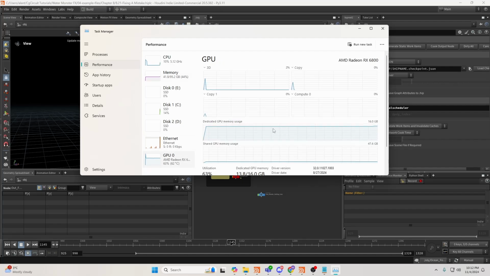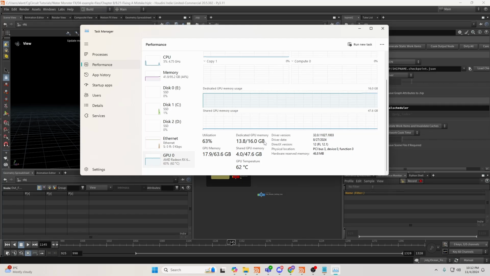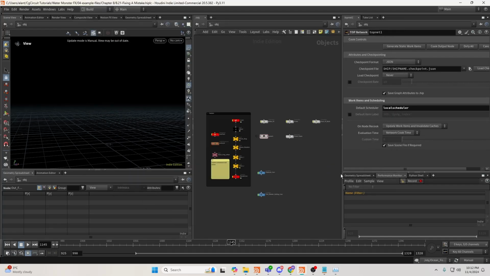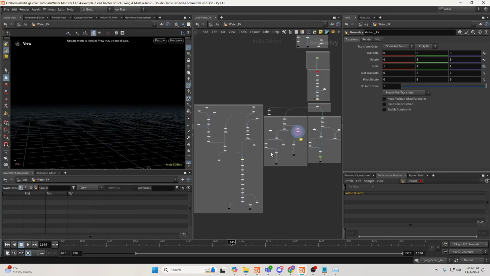I would like to also mention that I'm using a Radeon GPU, but the main thing is in the attribute blur, you'll need at least 16 gigabytes if you're running the same simulation as I did. Because what happens here in the attribute blur, as we